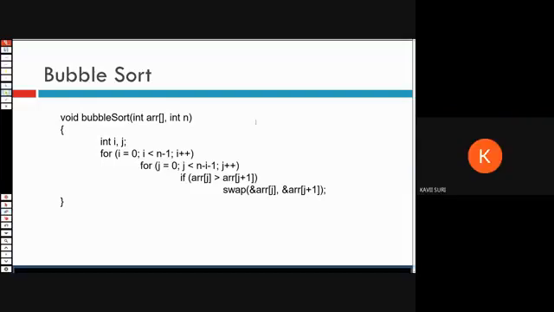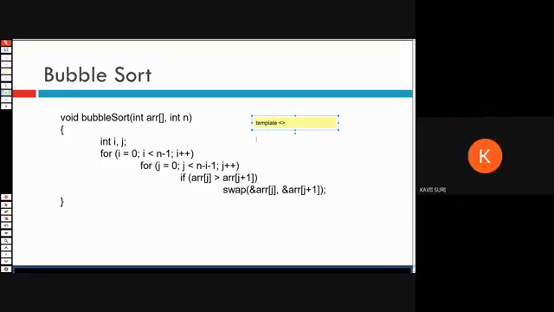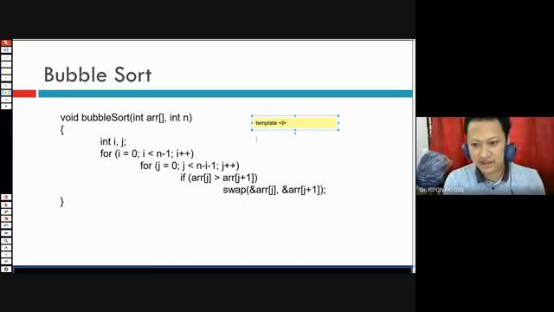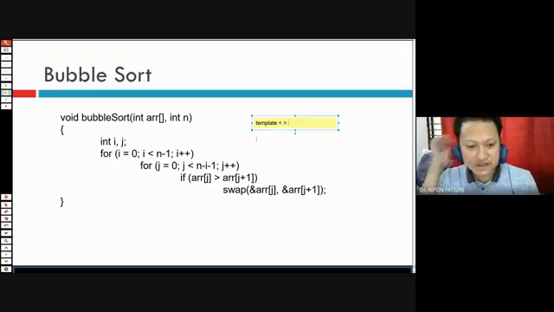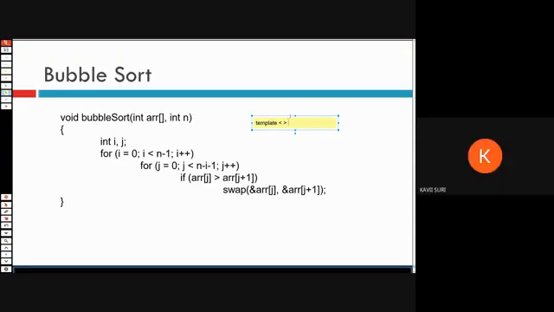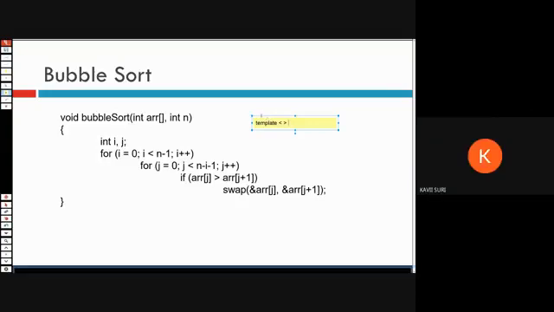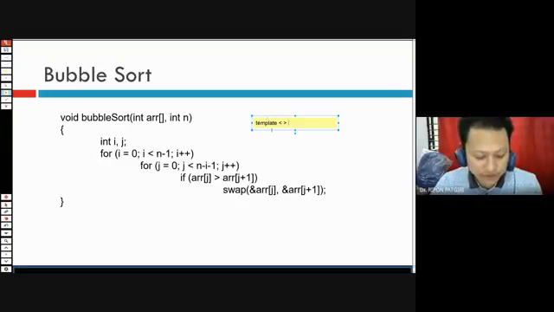But how do you do that in C? Maybe int, maybe some other value, and then you have to define, say, a void template. There is a generic style of doing that. Okay, I didn't know that, sir. Thank you, sir.